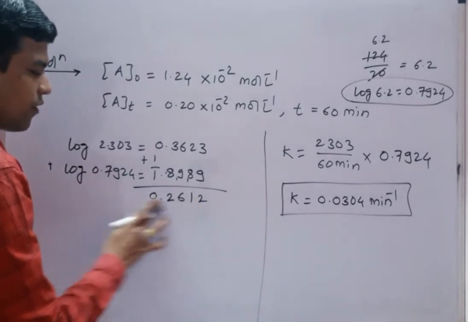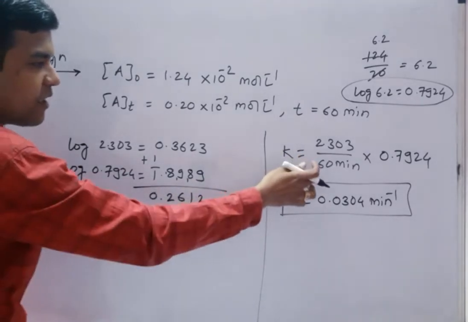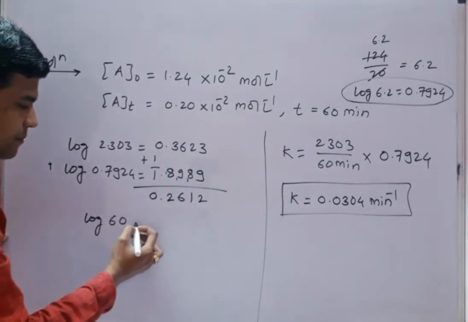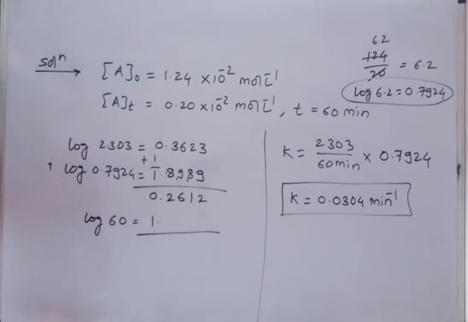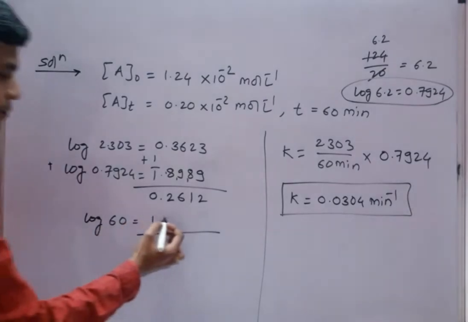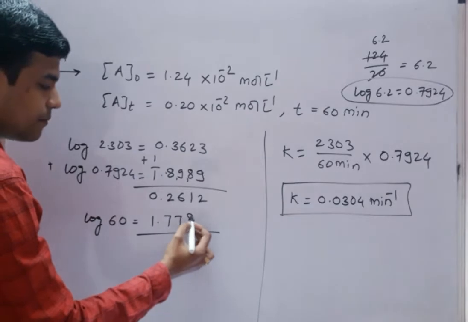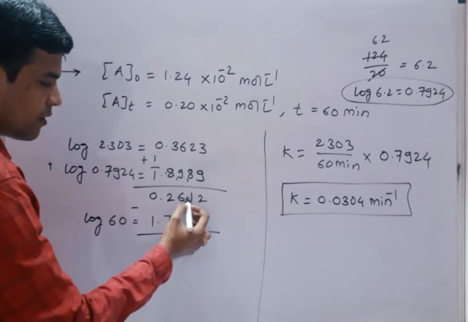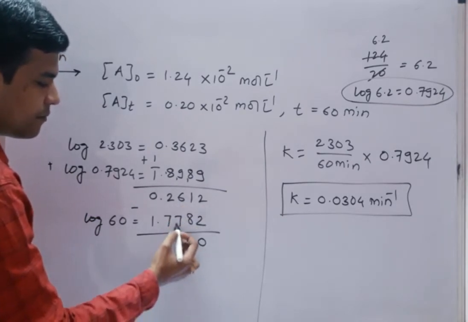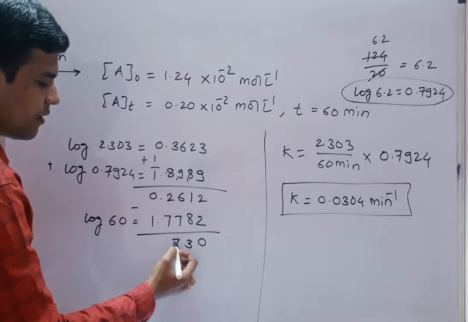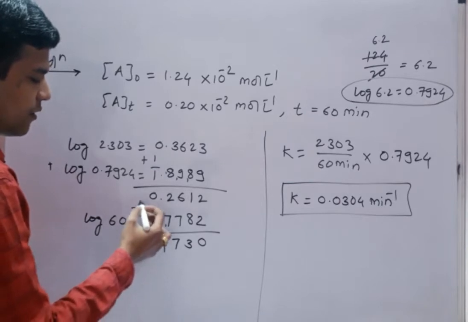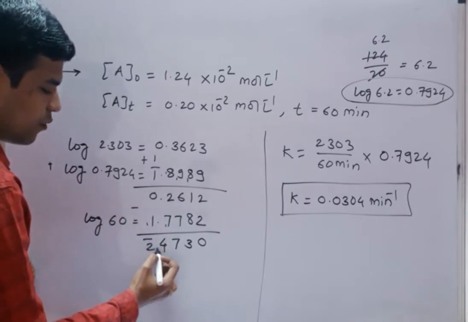Now you have to take the log of 60 and you have to subtract this log of 60 from this quantity, okay. So log of 60 will take here 0.7782 or 7782 here. Now subtract this quantity, 2 minus 2 0 carries 1, 11 minus 8 3, 9 16 minus 9 7 carries 1, 8 12 plus 8 4 carries 1, so 0 minus 2 it becomes bar 2.